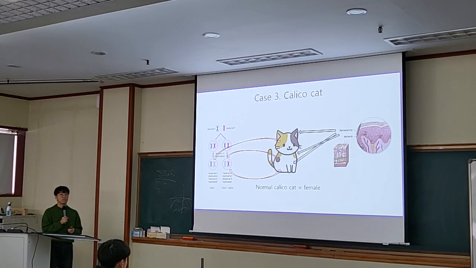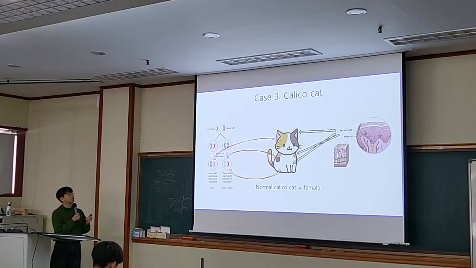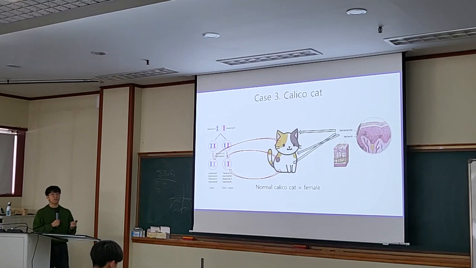the hair color gene is derived from the X chromosome. So in this case, the male cat does not have various colors because they get the X gene only from mothers, not the fathers. However, a female cat gets a paternal X and a maternal X from her father and mother. So in this case,